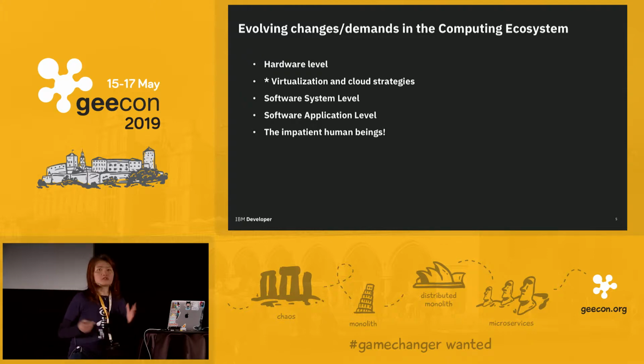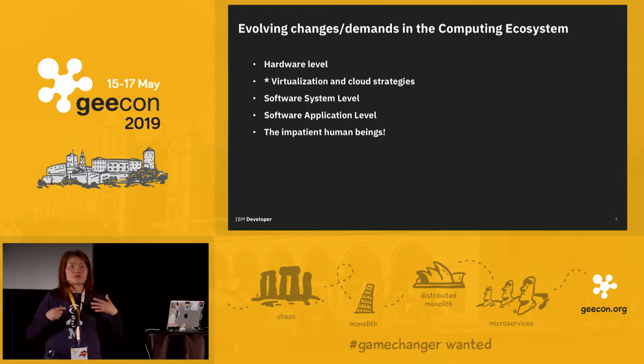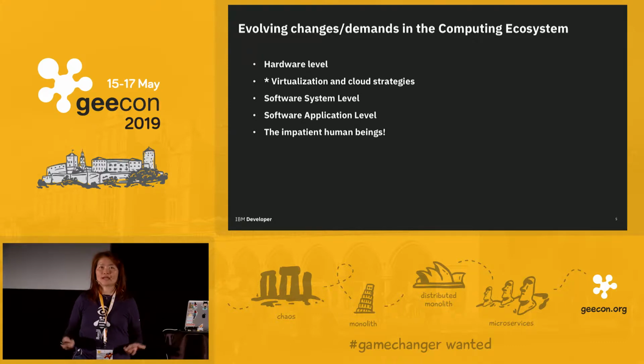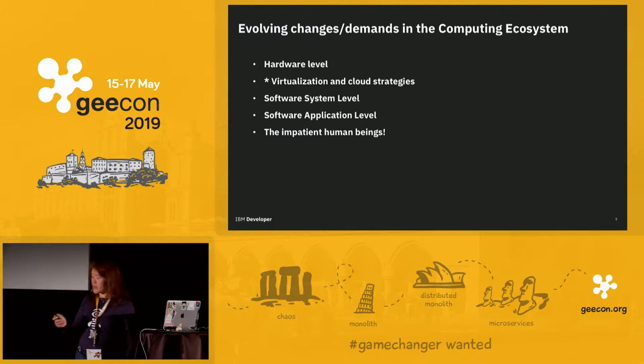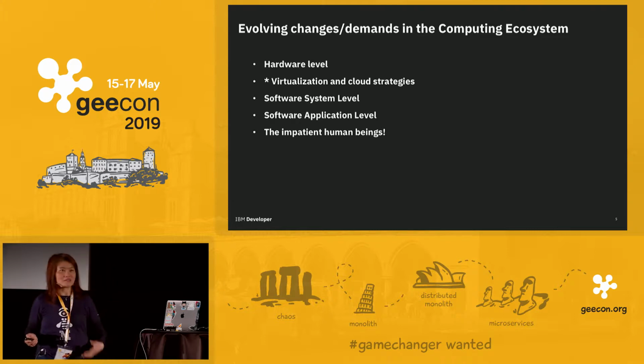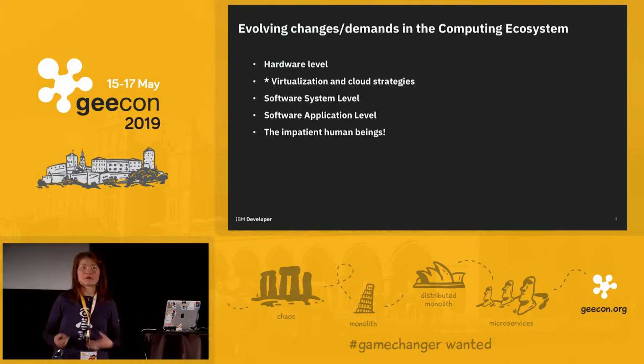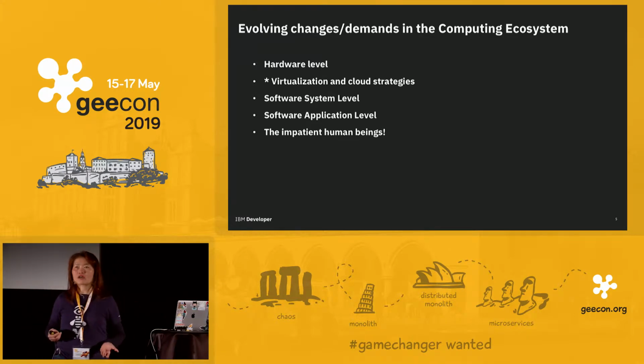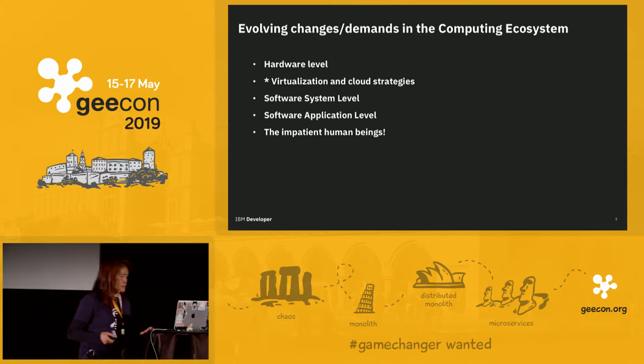As a result, software is naturally evolving to meet the growth of the hardware and the virtualization, and to take much better advantage of the hardware, the firmware and all these advances. And of course, impatient human beings are making it more imperative and urgent that we have more systems built to cater to us. In a way, reactive systems and reactive programming are really meant for event-driven programming. So they're event-based, non-blocking, asynchronous in nature, and very responsive.